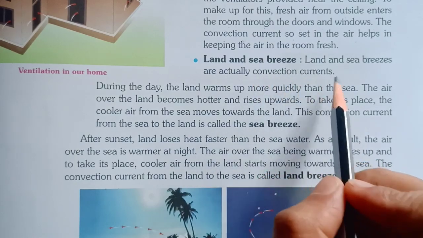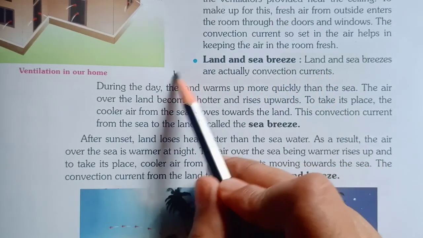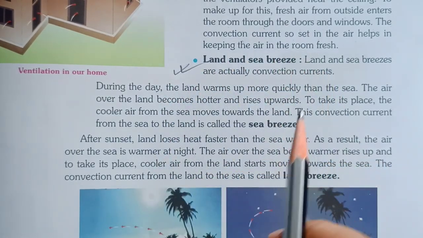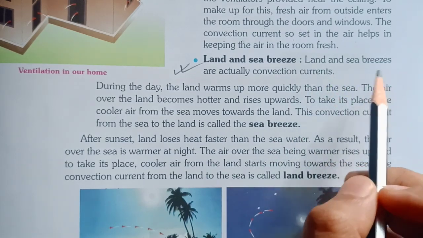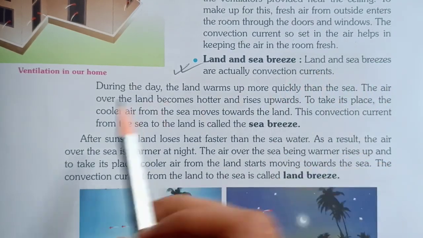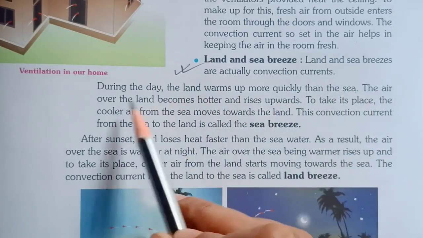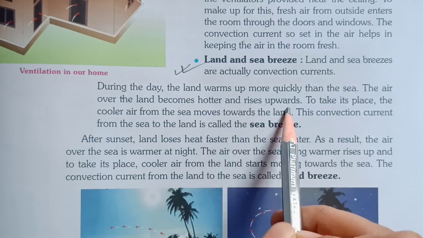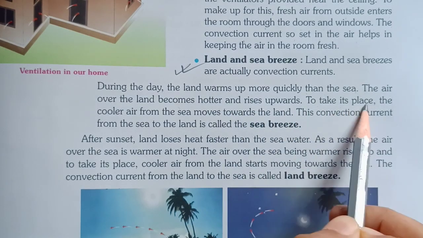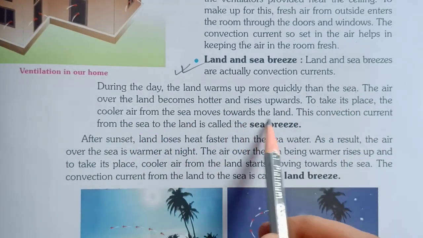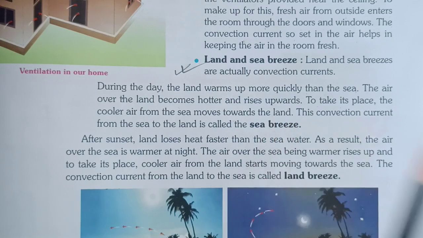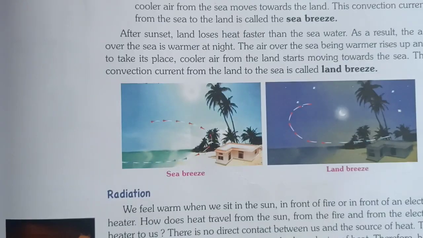Land breeze and sea breeze. This is a very common phenomenon of convection. Land breeze and sea breeze are actually convection currents. During the day, the land warms up more quickly than the sea. The air over the land becomes hotter and rises upward. To take its place, the cooler air from the sea moves toward the land. As you can see in the picture,